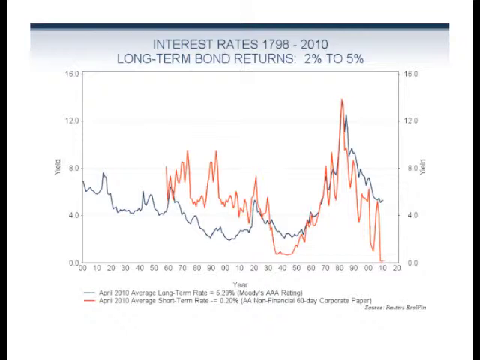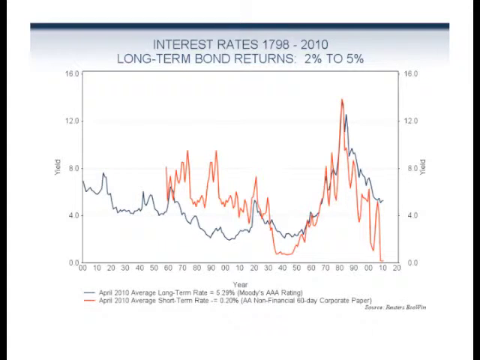That red line can't go any lower. The Fed has had a 0 to 25% interest rate policy since the beginning of the financial crisis, so there's only one way for that to go, and that is up. Long bond yields, actually, if you look at that decline, this is like one of the biggest bull markets in bonds we've ever had. And when we had the inflation of the 70s, when interest rates went up to 19%, we've had a terrific recovery, and so bond returns have been great.